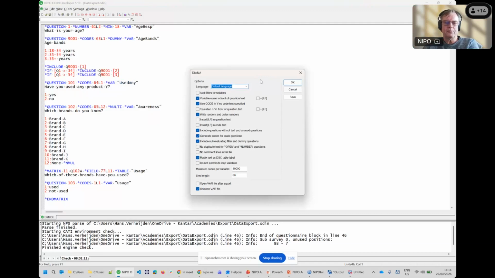Well, many of you know, the questionnaire can contain many languages. And usually the default language will be the one also used for the report. But in case you want to use a different language,